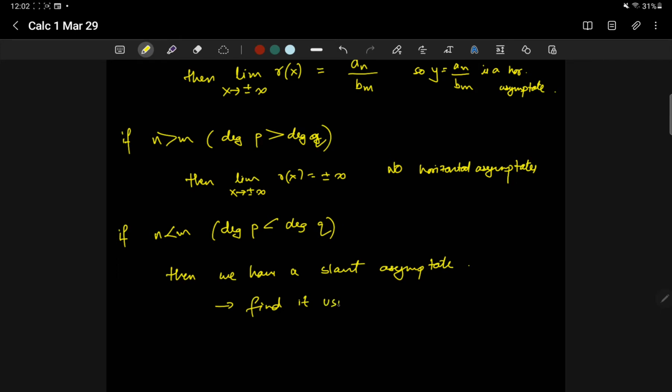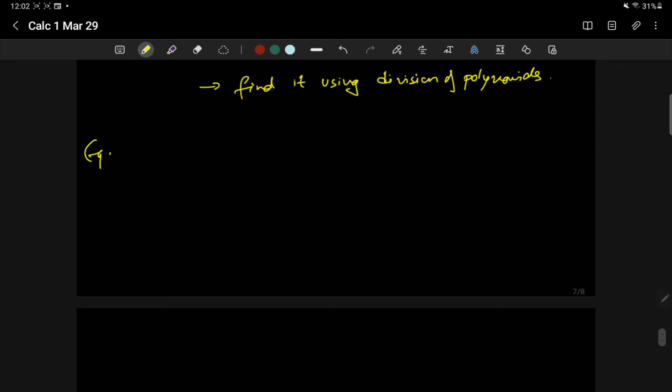Find it using division of polynomials. Okay, for example, if I have a function x cubed plus 1 over x squared minus 1, then this has